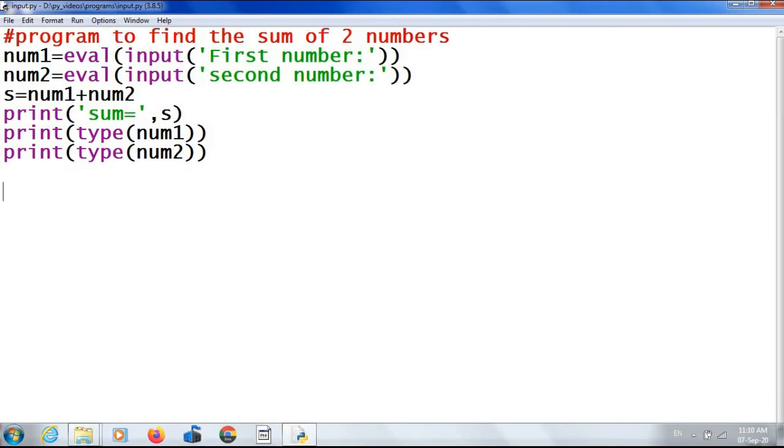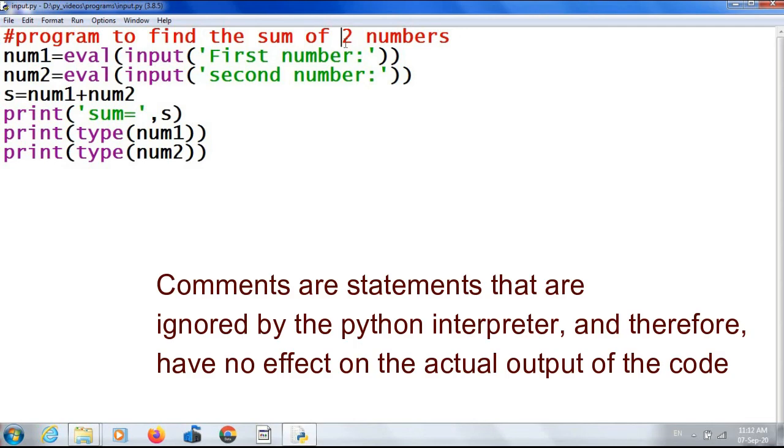Next is about this first statement. Hash program to find the sum of two numbers. You might have noticed there is no role for this statement in execution. It is called a comment. So comments are statements that are ignored by the Python interpreter. Then what is the purpose of these comments? They are used for self-documentation.